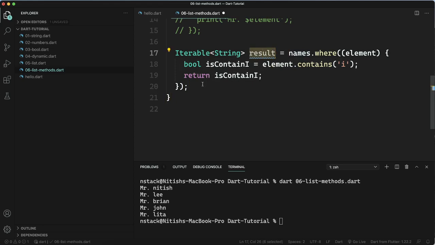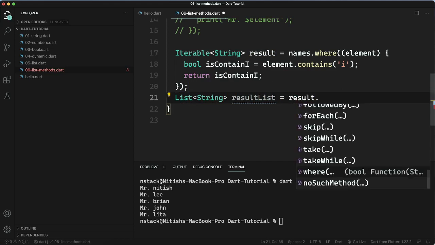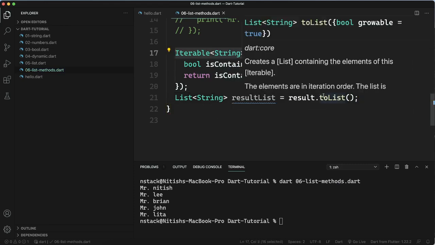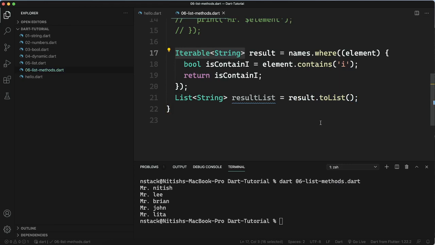So now I will convert the iterable to a list. How can we do this? Result list, and I will say result dot to list. On iterables we can call a method which is to list, and this is going to just convert the iterable into a list.